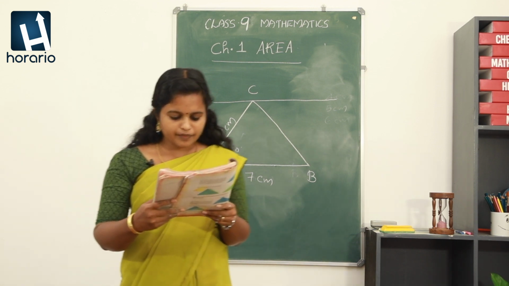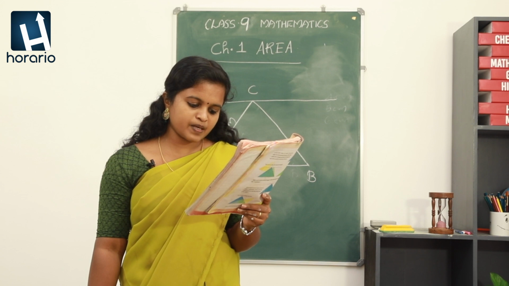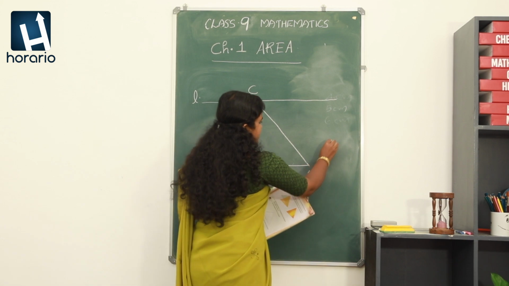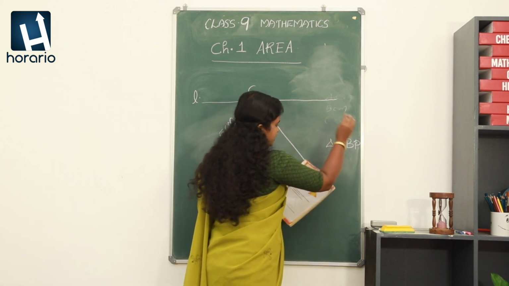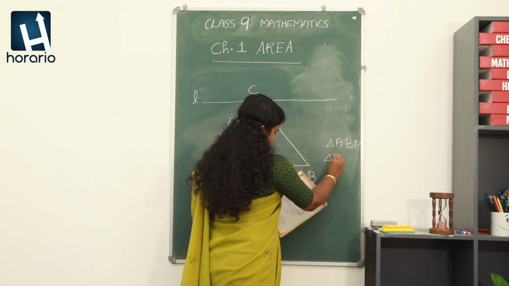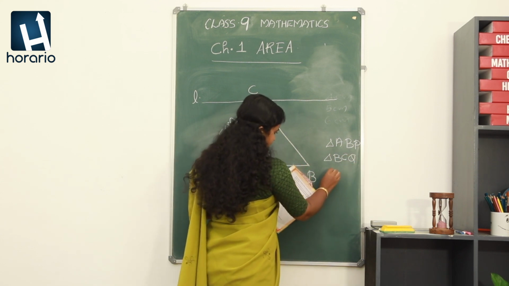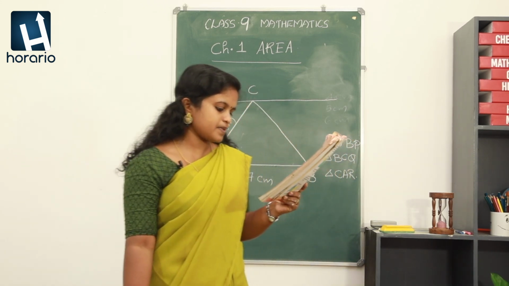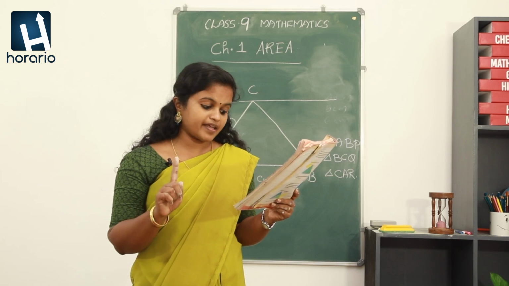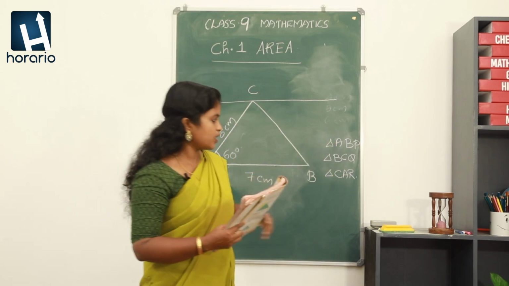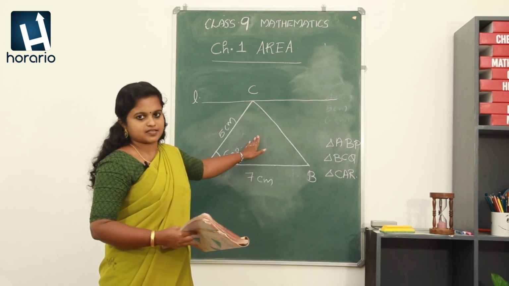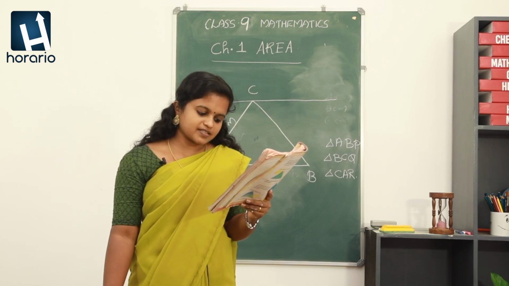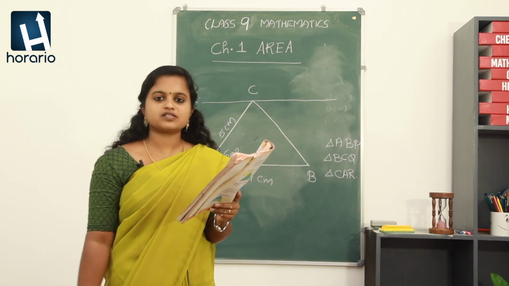Okay. Now, the question, draw triangles ABP. First triangle to be constructed is ABP. Next triangle we have to construct is triangle BCQ. Next triangle is triangle CAR. We are going to construct 3 triangles ABP, BCQ and CAR of the same area. We should have the same area. Okay, all these 3 plus this triangle should have the same area, with measurements given below, and they have given some measurements also.